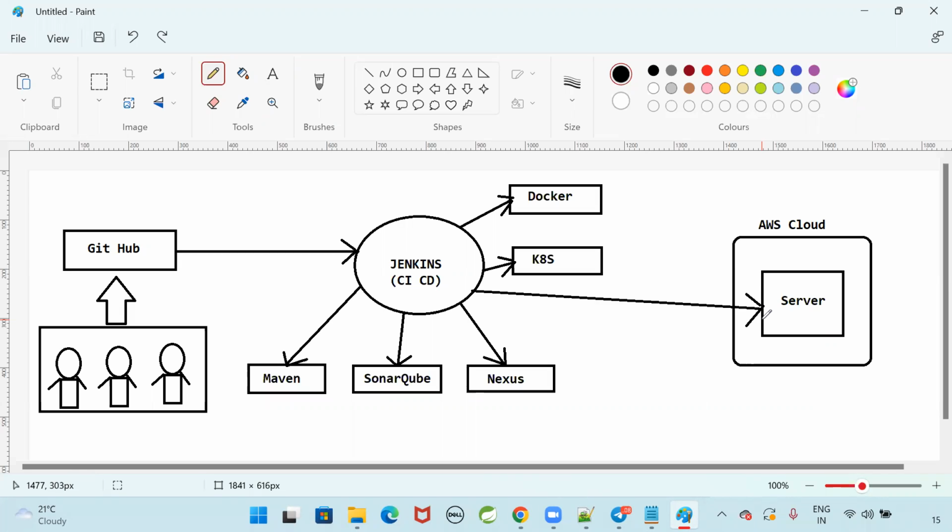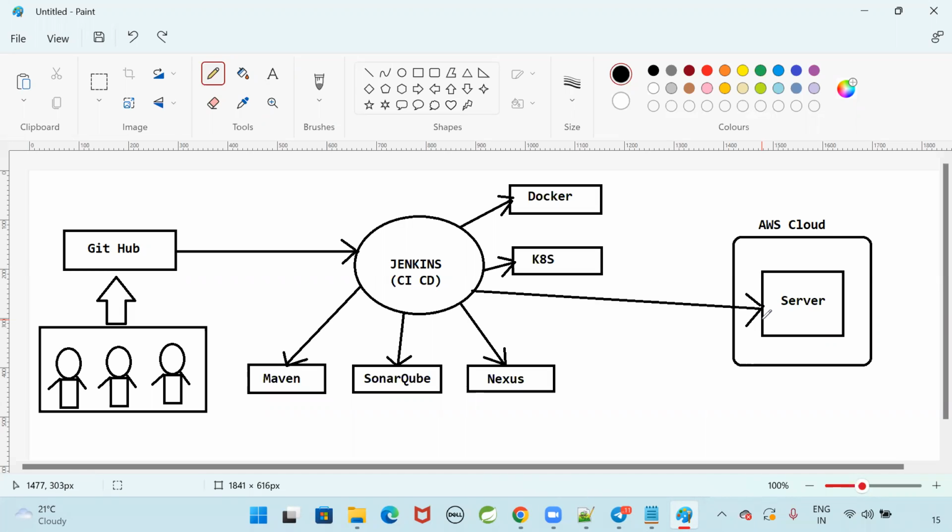Build the project, do the code review, store that repository into Nexus, build Docker images, talk to Kubernetes for managing the Docker containers, and deploy the applications in the servers.